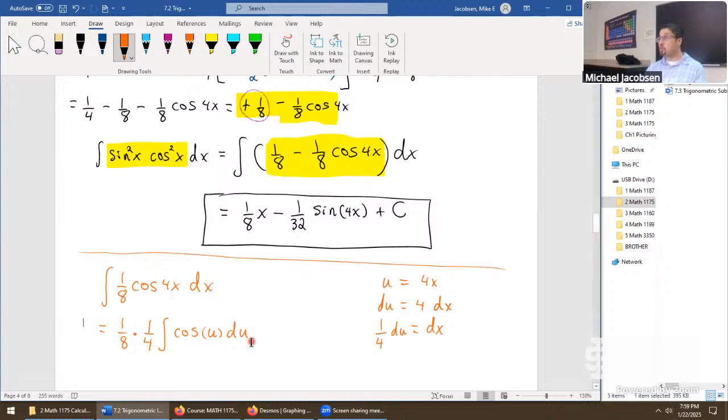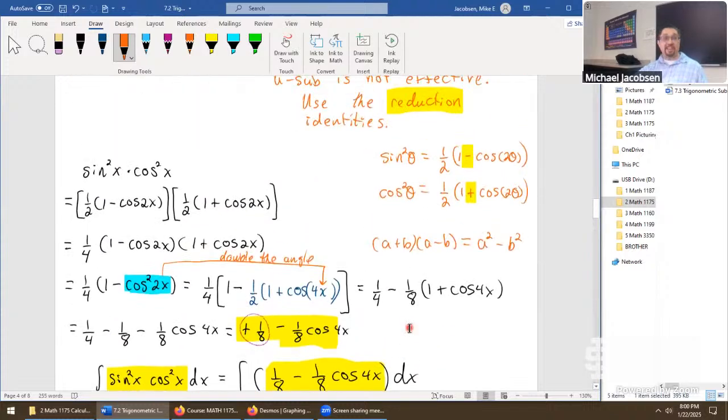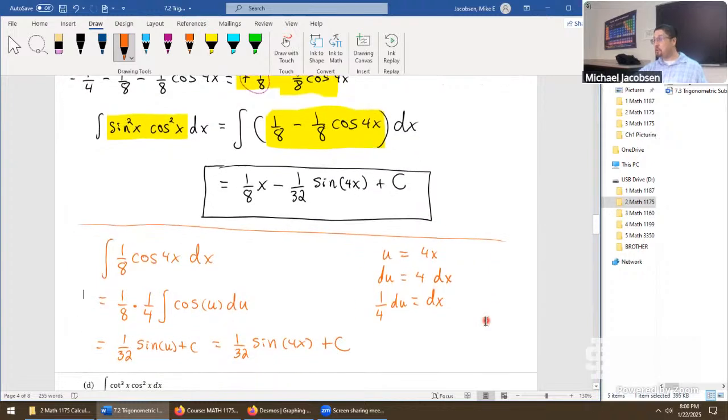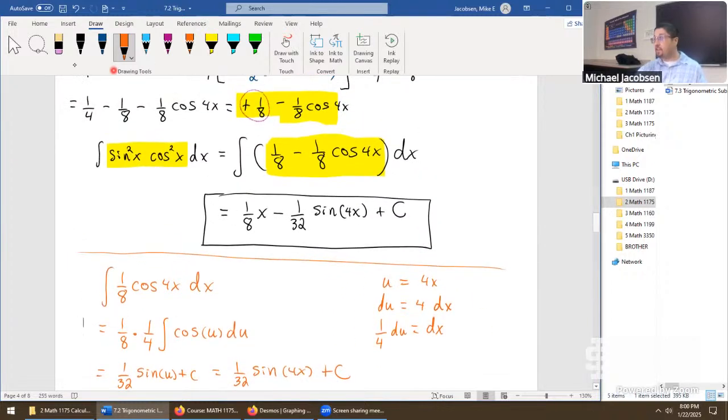Does that look right to folks so far? Okay, then this is the step where we get the 1/32, just multiplying an eighth times a fourth. It'll be sine u plus a constant, which means we get 1/32 sine 4x plus a constant. That's a lot of steps in a problem that's already big. So again, this is another cell on that shortcut because it's used quite often. So another way to look at this was,